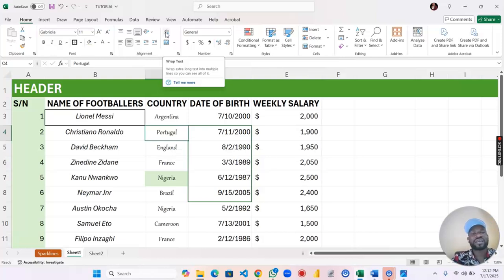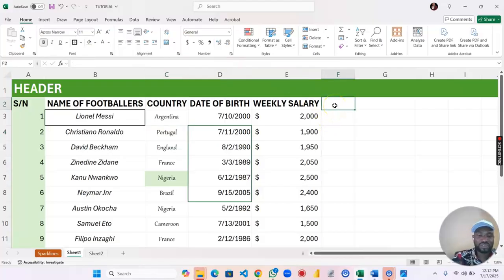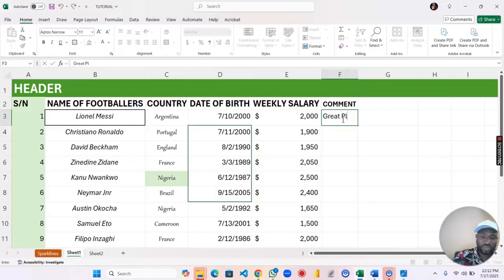Wrap text, simply like it's written there, wraps extra long text into multiple lines so you can see all of it. So for instance, now I want to say, okay, comment. I want to add a comment section to each of these. So I've adjusted this. Now in this person's comment, I could just say great player, and then I could say